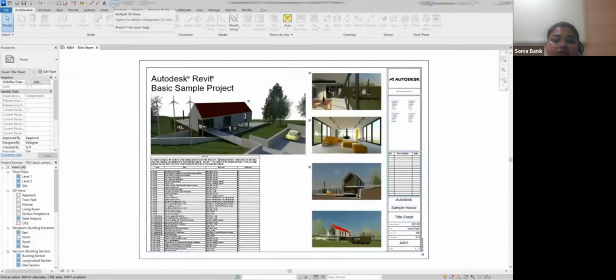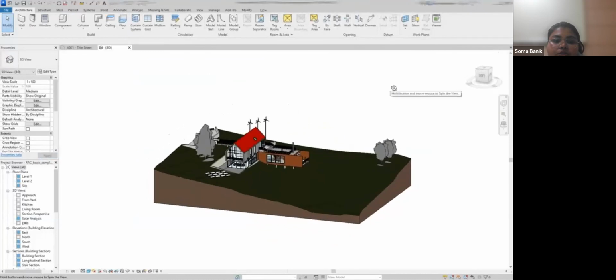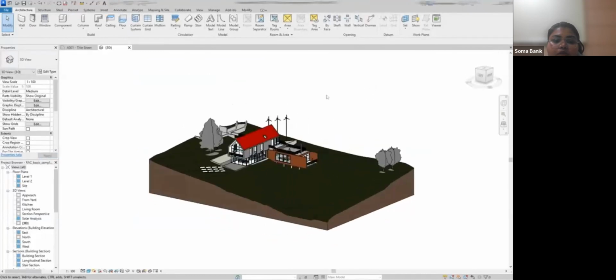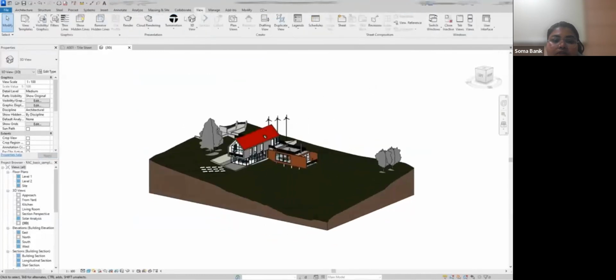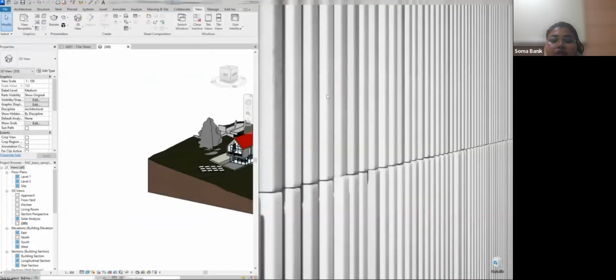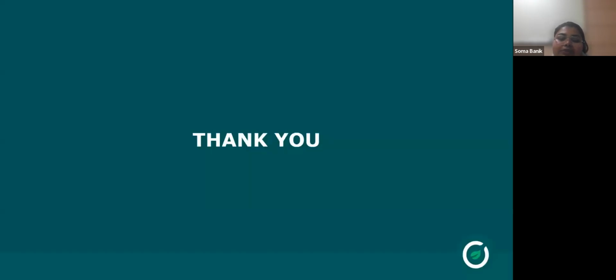if I go to the View tab in the 3D view, you will see that we have direct interoperability with Twinmotion, where you can link, open the file, export any kind of setting, and define that with the help of Twinmotion. So that is the basic overview or brief